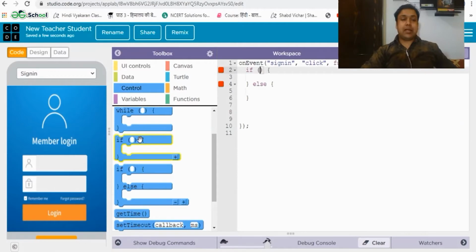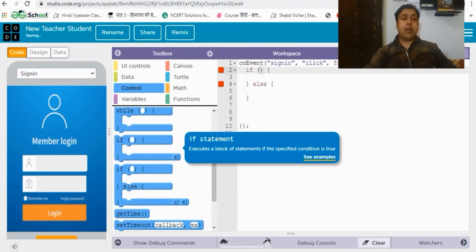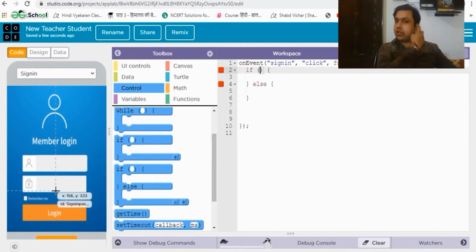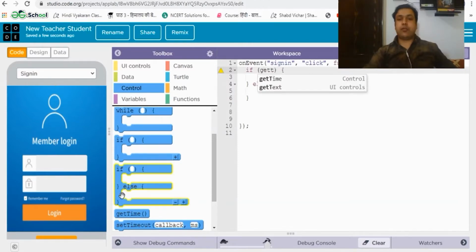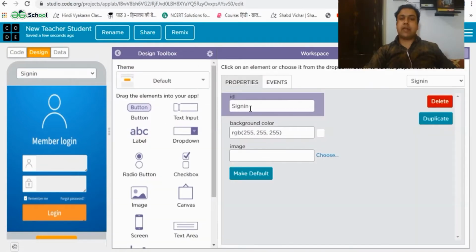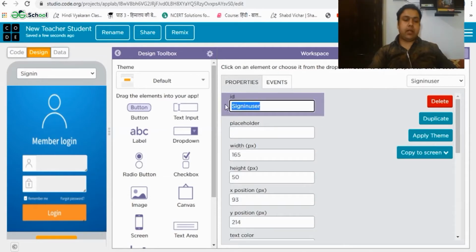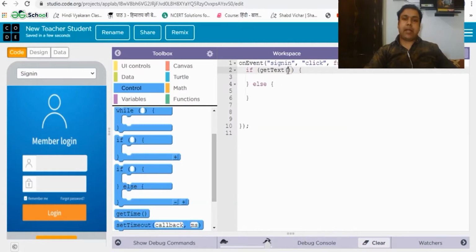Inside this if block, let's define a condition with which we can put a check on these two fields. First of all, I would like to match the details which the user is going to enter over here. So the ID of this component is sign in user. We can come to this designing panel and copy the ID of this component from here. Let's come back to the coding panel and paste the copied ID in between these two double inverted commas like this. So if it is equal to teacher,